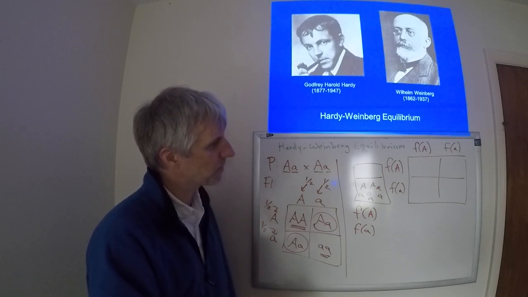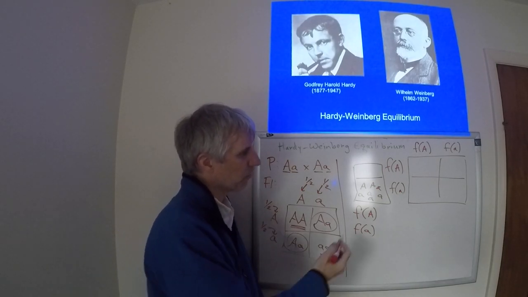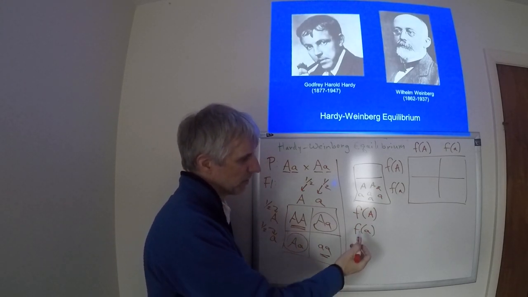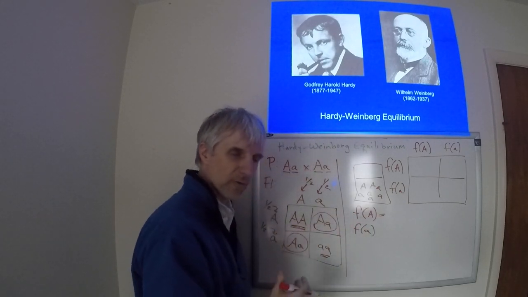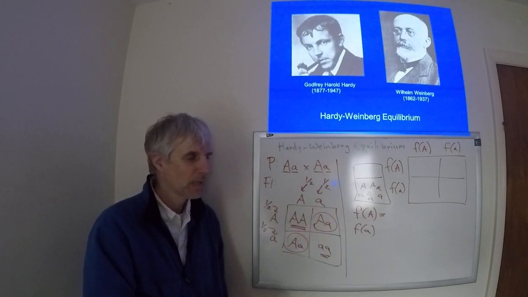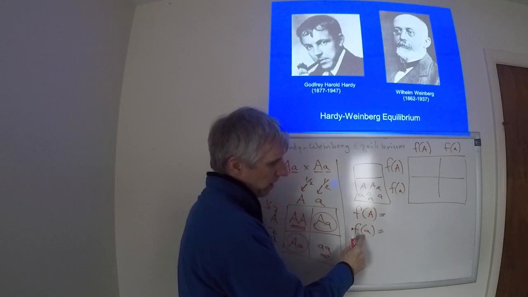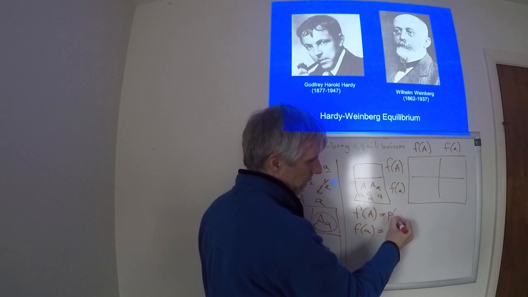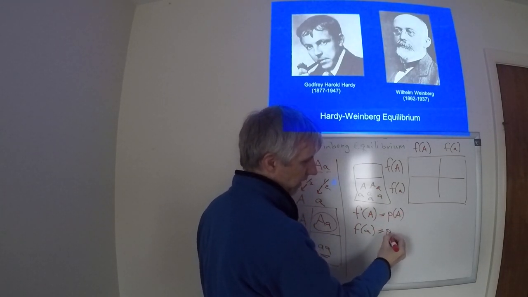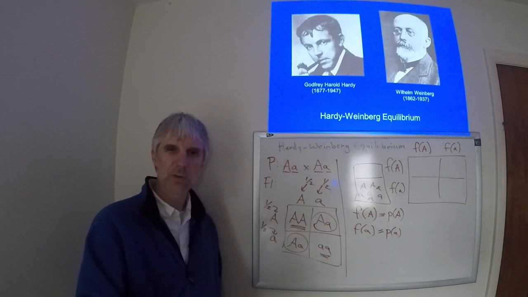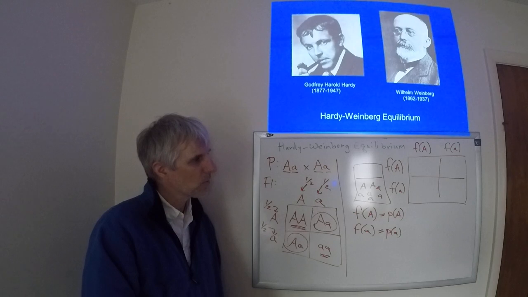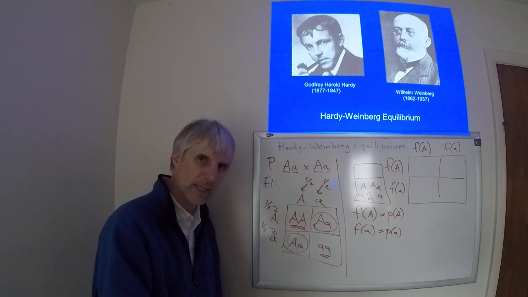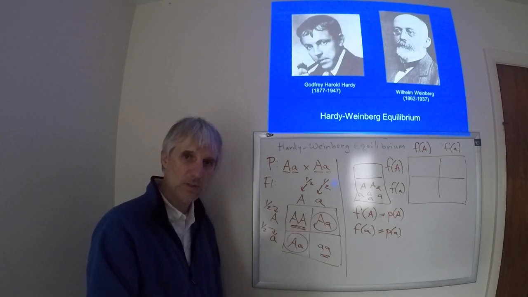And I can ask a question, well, what's the probability of reaching into the bucket and pulling out a big A? Well, the probability of doing that is equal to the frequency of that allele. The probability of pulling out a little a is equal to the frequency of that allele in the population. So the probabilities are equal to the frequencies. So those of you that have had statistics, what I'm going to do is sampling with replacement. Those of you that haven't had statistics, don't worry about it.